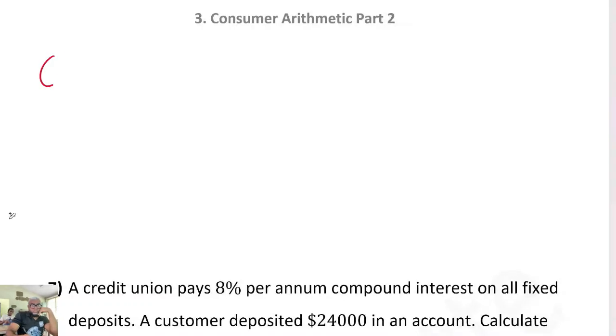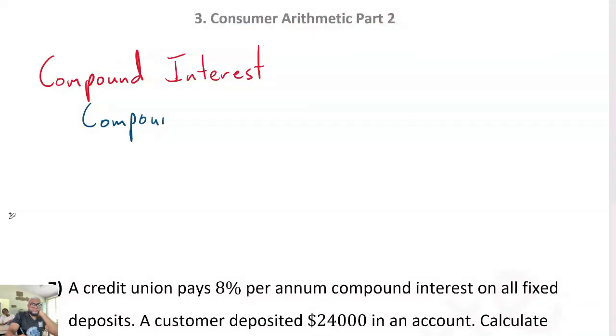Compound interest, right? So compound interest. Try to write at the same speed with me, please. Compound interest, they don't have this note. Oh, you're right. Compound interest,